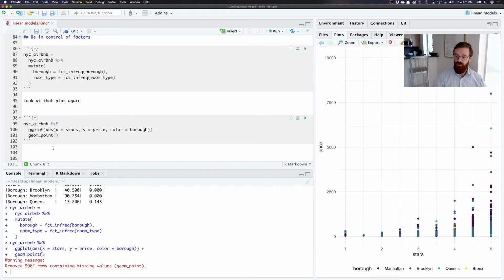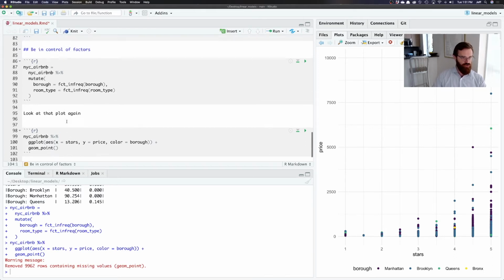All right, so it's a very similar figure. What has changed is the ordering on this axis. And so the order of frequency is Manhattan has the most observations, Brooklyn has the next most, Queens has the next most, and Bronx has the next most. So now borough is in order of the frequency of these things. And if I refit my model,